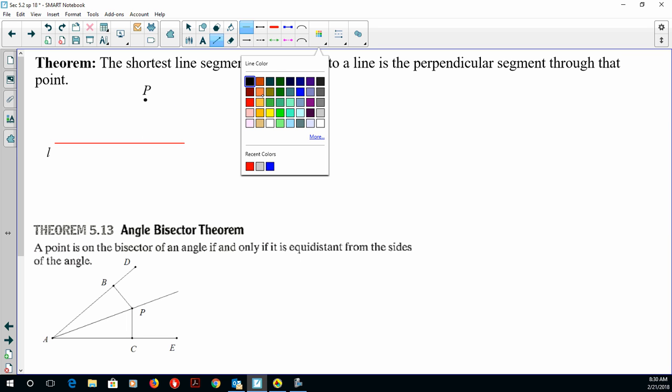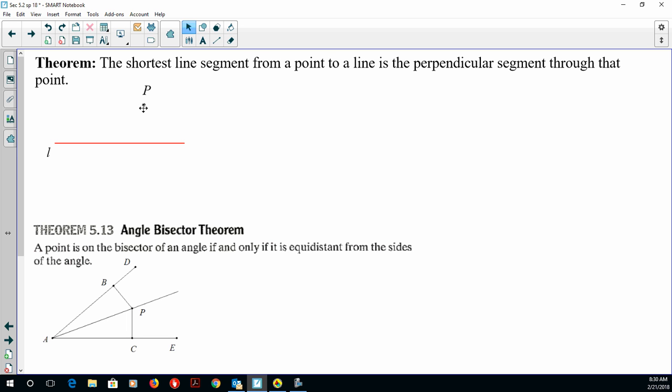I don't want to move that point. I want to draw. Can't draw anything on this stupid... Okay,